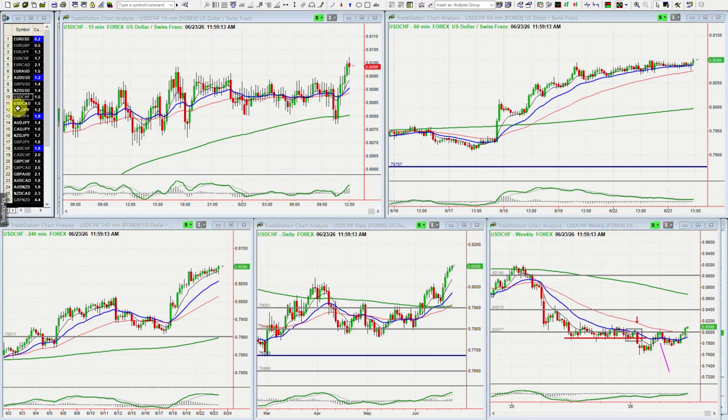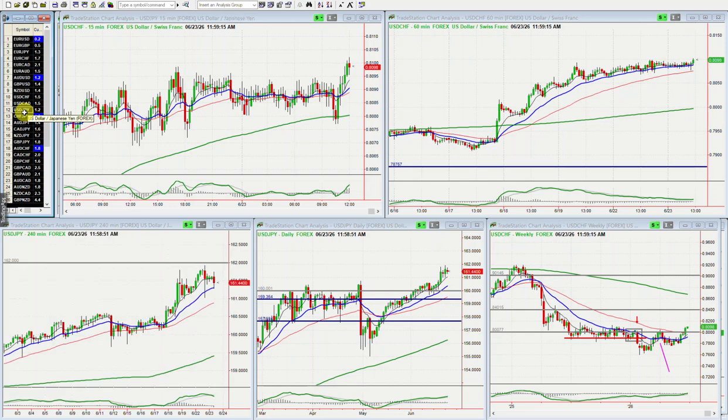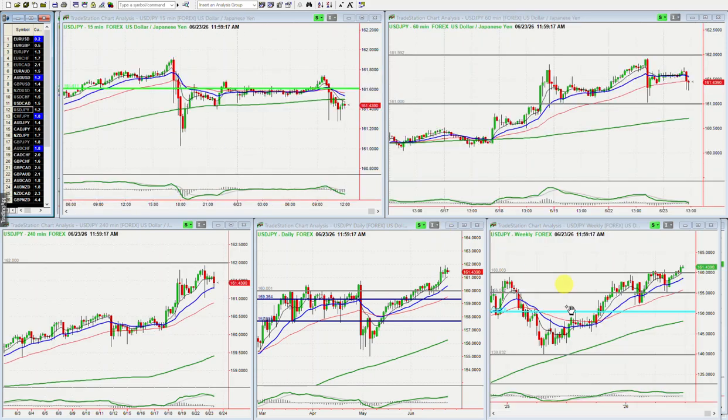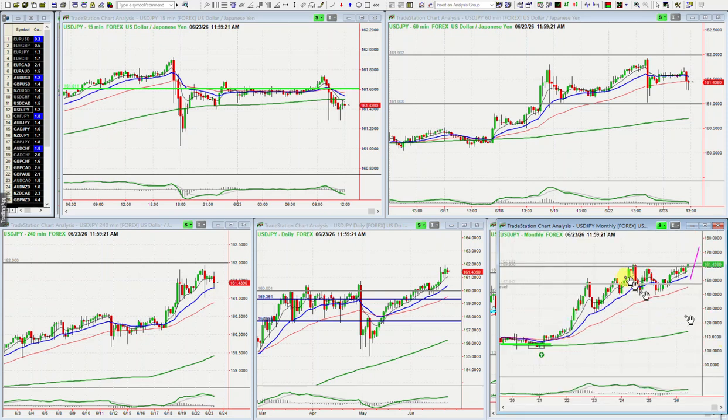Now, a very interesting chart is the US dollar versus the yen, because the Bank of Japan has intervened in the chart for quite some time, right? There was the first intervention here, and then follow-up interventions. None of those was really successful because they were not able to push price clearly below the 21. And now we are at the all-time high again. Now we are at a really important level. That's the stop run level.